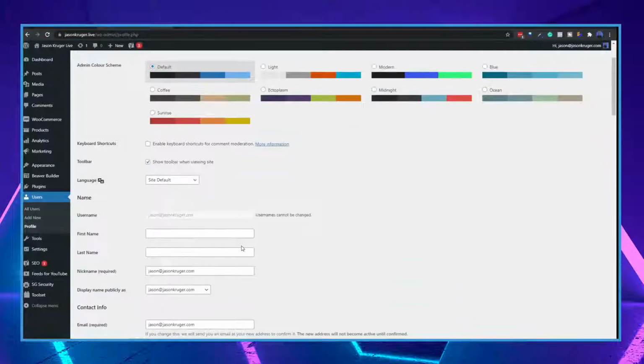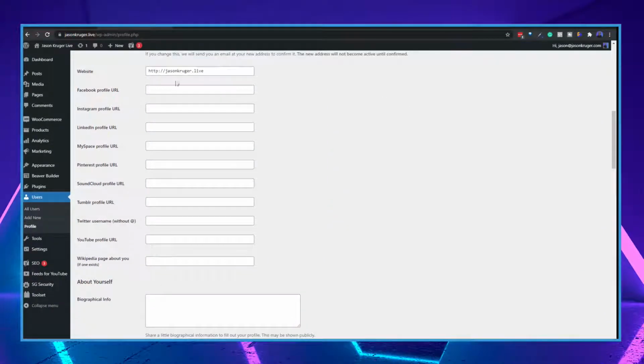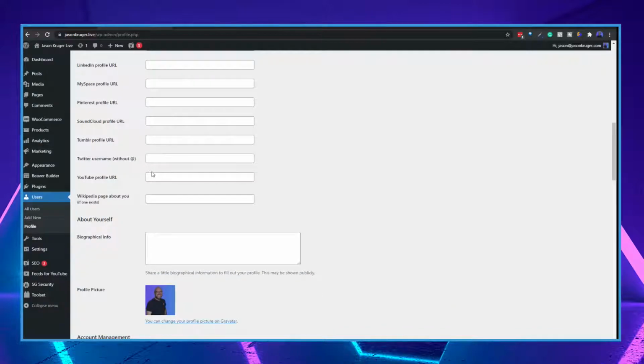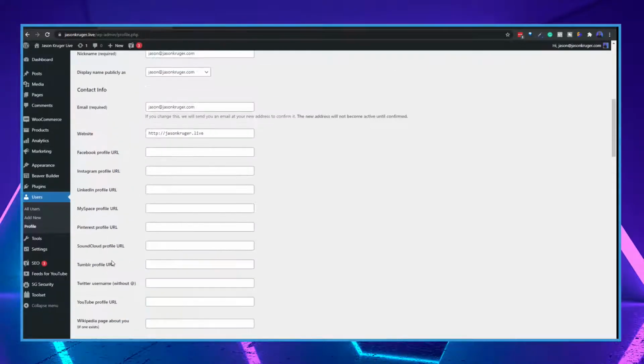and then you can go in here and then just put in your name and all your other details in here, and then any other of your social media profile links and things like that, profile photo. Now I'm using Gravatar, so it's already pulled that through, but on the SEO settings you can go in there and upload a new photo if you want. So if I go back to search appearance,